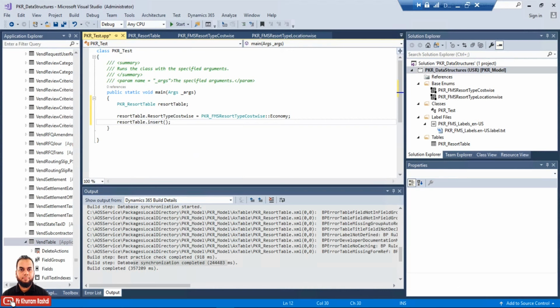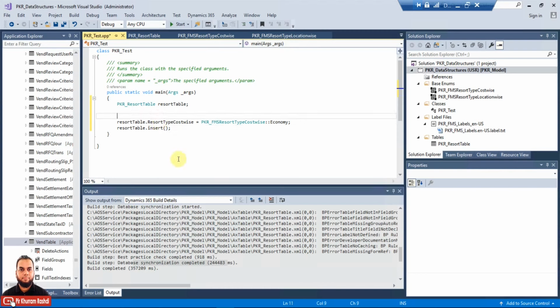Whenever you want to insert a new record, that should be the convention: first you assign the field a value, and then you insert. There can be multiple fields, but in our example I have only assigned one field.